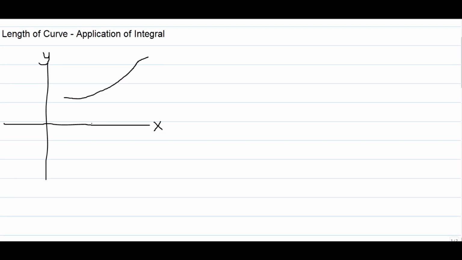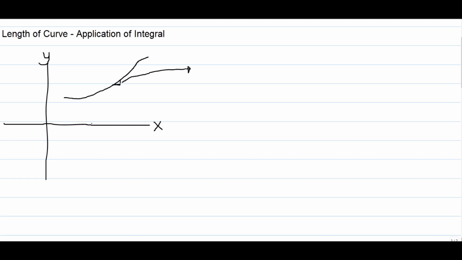Okay, so in this video we tackle the length of a curve, which is an application of the integral. Consider the Cartesian plane with an x-axis and a y-axis. Then we have a curve here in the first quadrant of the Cartesian plane. So if we assume a small rectangle or right triangle on this curve,